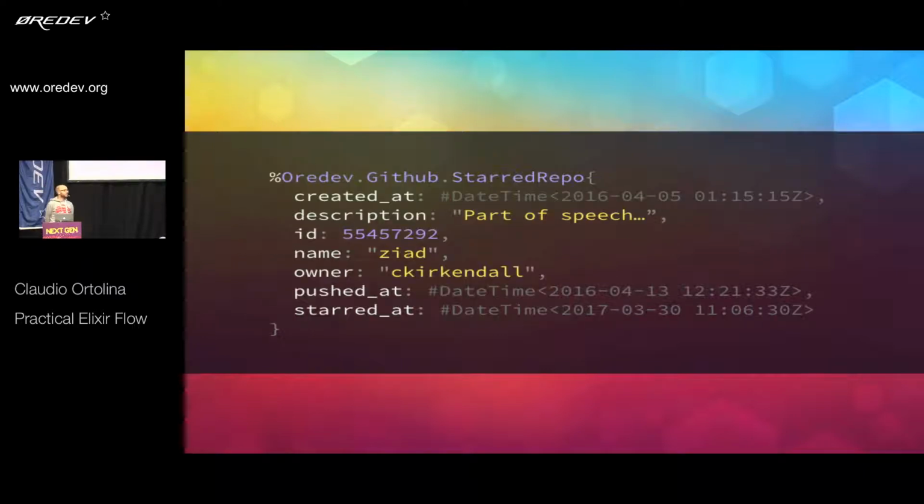In terms of data, it would be a list of these things, these favorite repos, where there's a little bit of metadata. We're going to work primarily with this dimension, which is, if you remember the GitHub UI, when you say you want to star this repository, the point in time where you press that button is when this timestamp gets created.